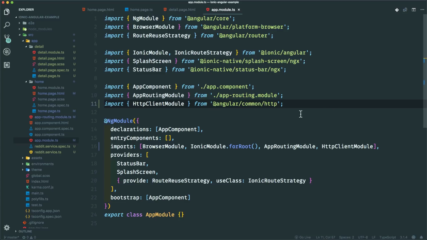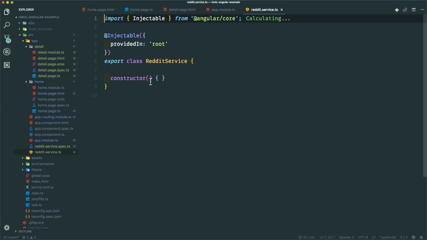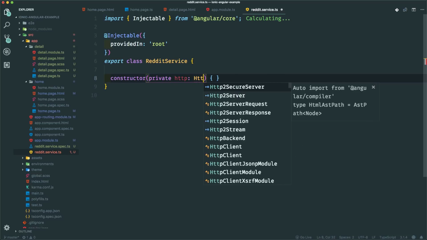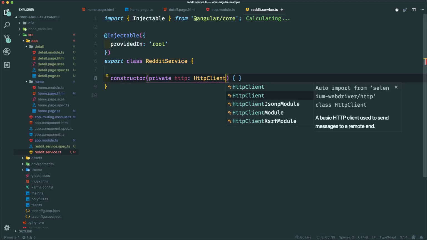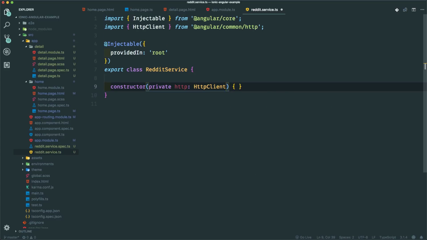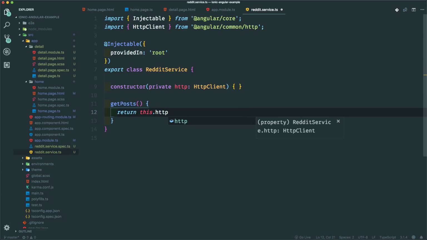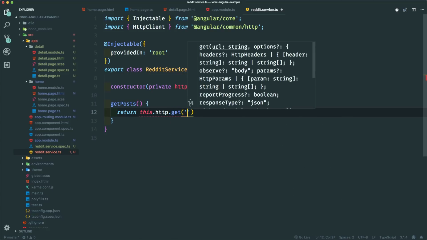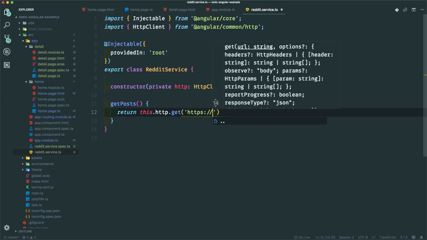And let's also inject that in our Reddit service here. So right here, I'm just going to do private http, HttpClient. And which one is it? Okay, so let's make a method here to retrieve the posts from the aww subreddit using this HTTP client. So I'm going to call it getPosts. And it's just going to return this.http.get, and this is the endpoint for the Reddit API. If you just append .json, so